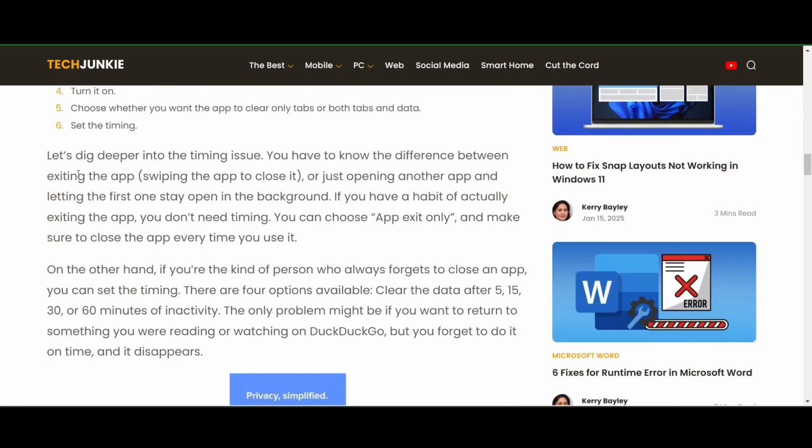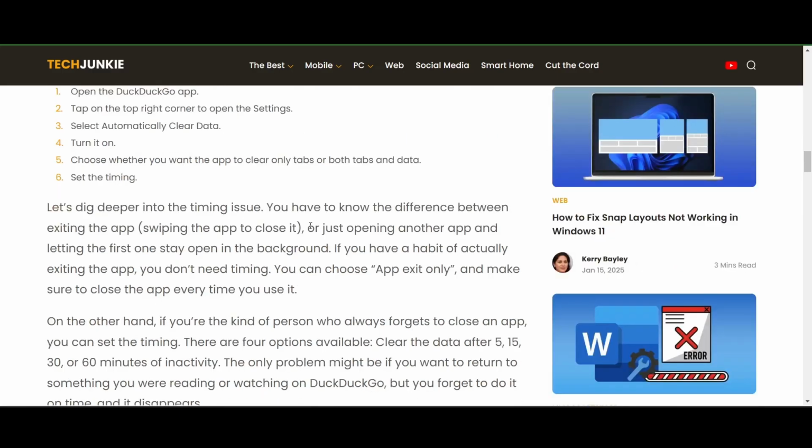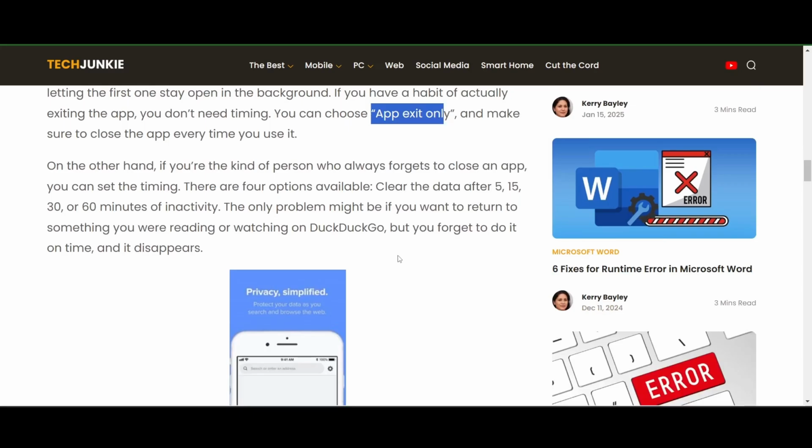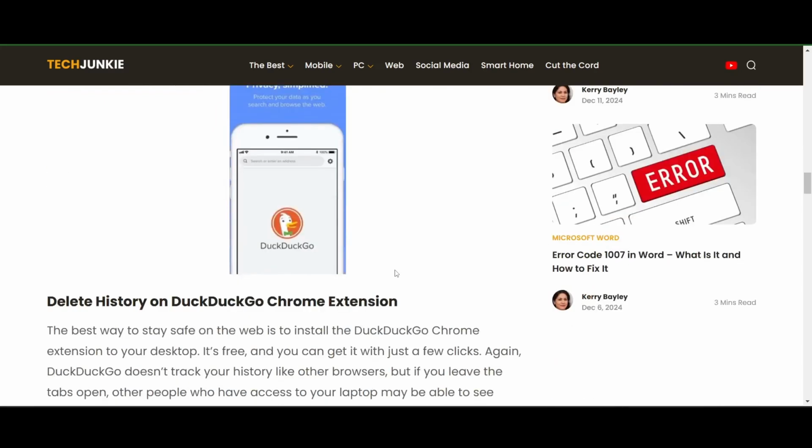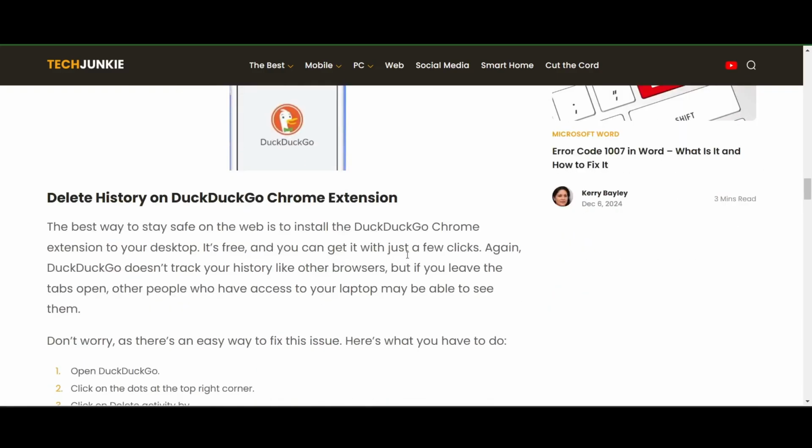Just make sure you know the difference between exiting the app completely and letting it run in the background. For the desktop users, if you're using the DuckDuckGo Chrome extension, you can clear your history too. Here's how. Open DuckDuckGo, click the three dots at the top right, select delete activity by, then click all time